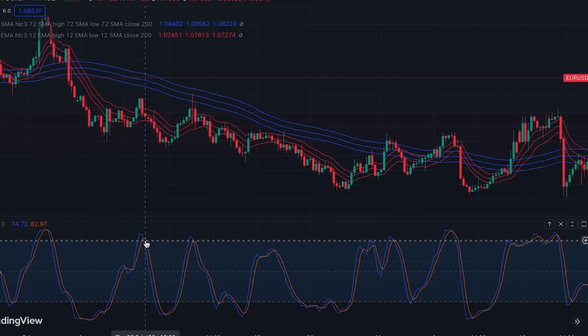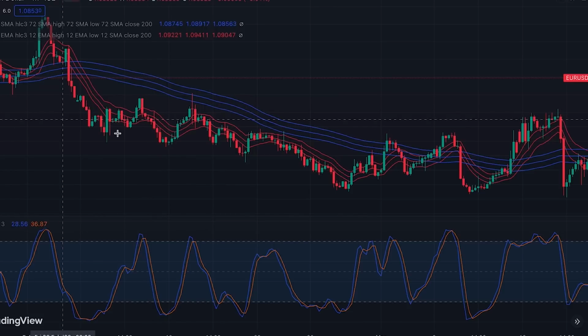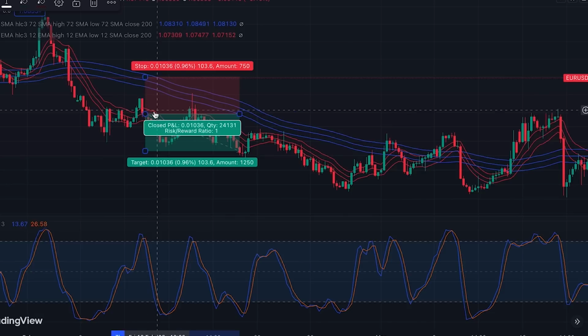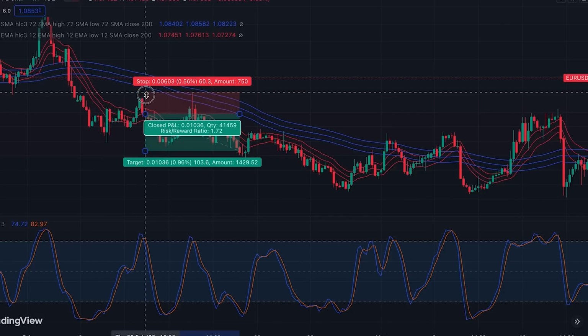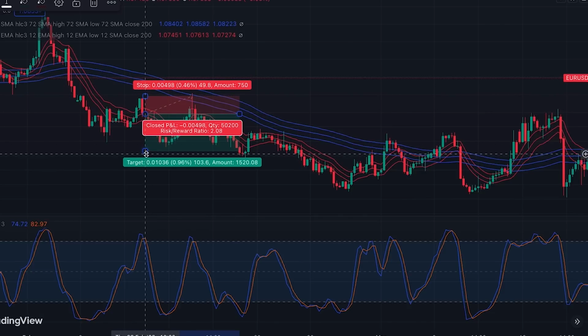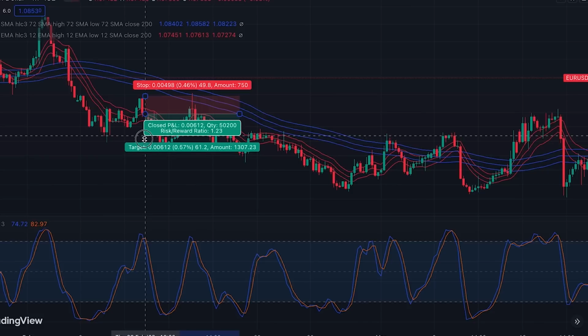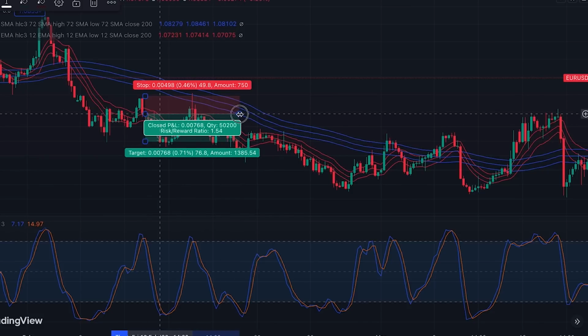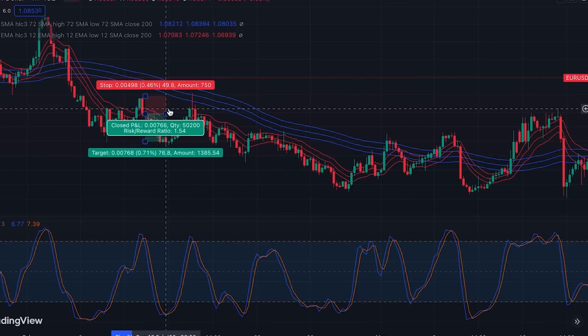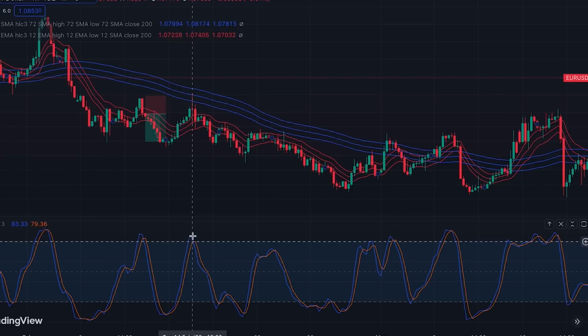In other words, it's a signal for opening a short position. So we can enter a short position here at this point. The stop loss for this trade is placed above the previous swing high and the profit at 1.5 risk to reward ratio. Alright, moving on the chart, while the downtrend condition is still valid, we got another short position signal